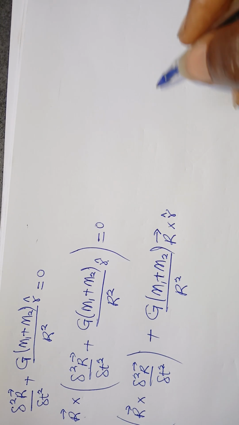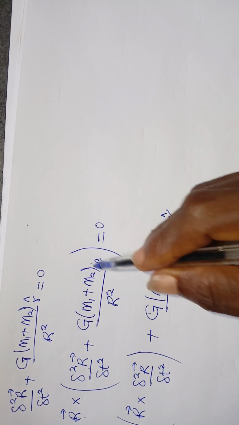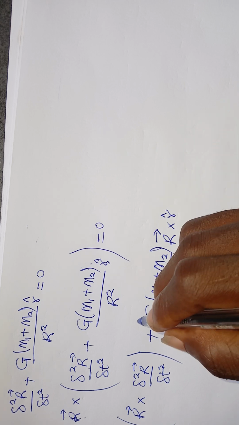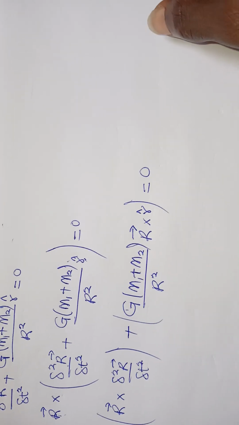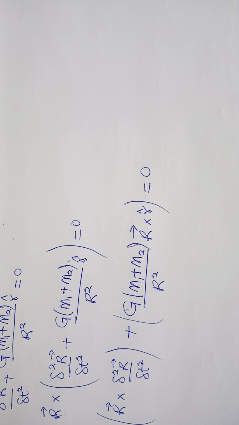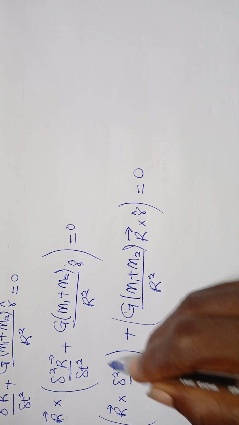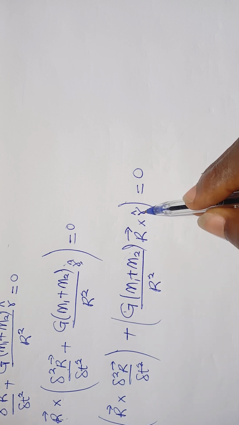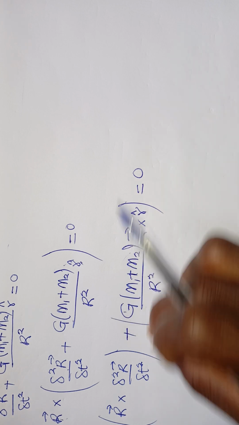That's how we do the cross product. You cross vectors, you don't cross scalars. So the whole of this is a scalar, so you cross r and the unit vector r, and that gives us 0. With this vector equation, r cross d squared r dt squared plus the whole of this scalar times r cross r roof equals 0, we can split the equation and say that